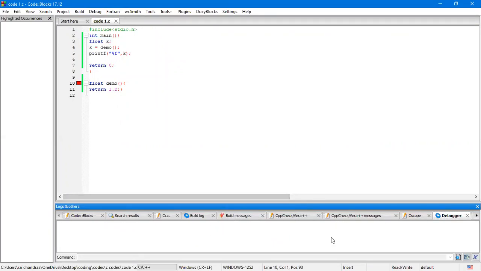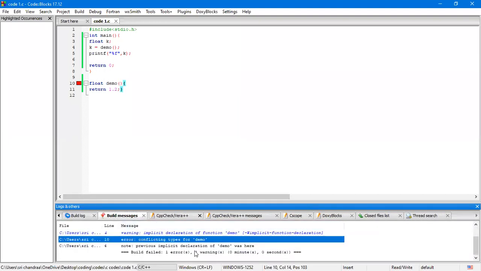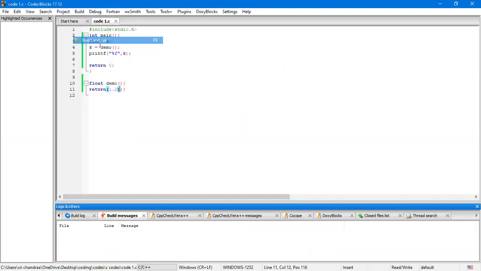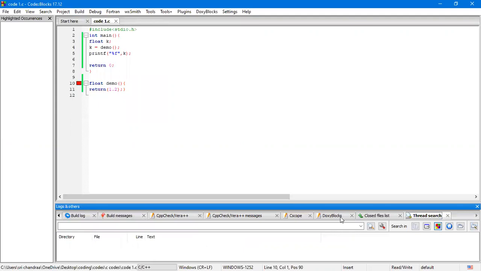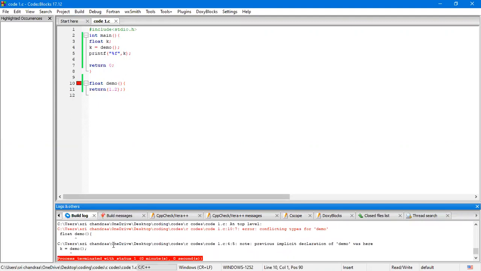One second. What's the error? See, this is one such error, as I said previously.